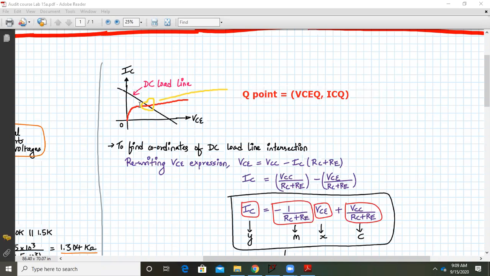Now, why is the Q point important? Ideally it should be at the center of the DC load line, correct? Now, why is this important? It will make sure that my transistor is working in a particular region, so that it will be useful for further analysis. Let's say we want to build an amplifier. So my transistor has to remain in some particular region, maybe saturation region, maybe active region. Let's consider it has to be in the active region. So if the Q point is here, it will make sure that the transistor remains in the active region with the help of this biasing technique. Okay, and it will stabilize.